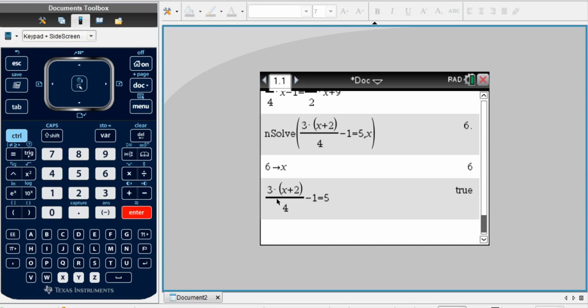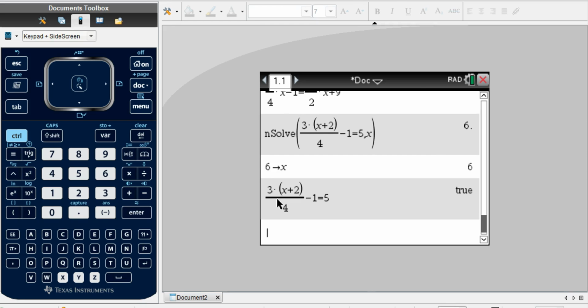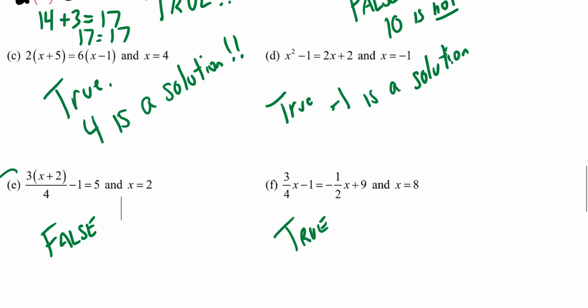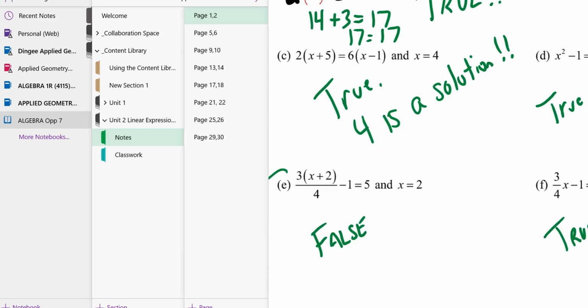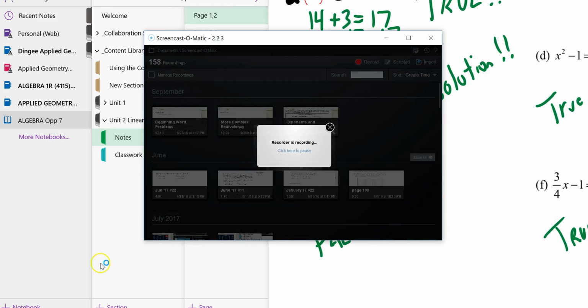So now, what do we got to do? We need to, right now,